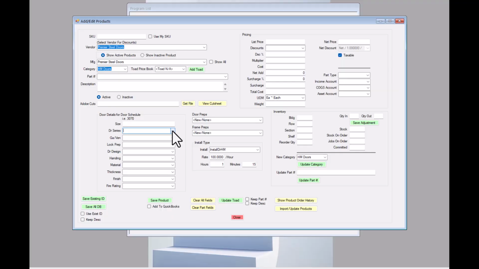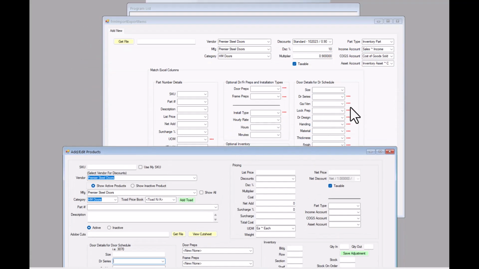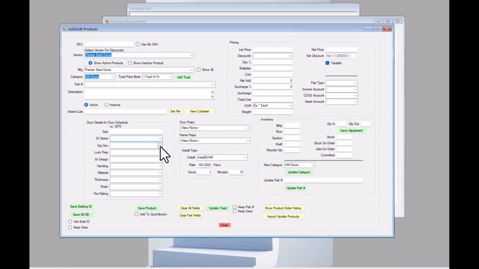And do the same thing for each one of those. Anything that has those 3 red asterisks following the drop down, like gauge veneer, 18 gauge, copy that. Lock prep is CH for cylindrical lock, and hinge prep, it's 161 prep for this door, and on down for all these different values. Okay, so